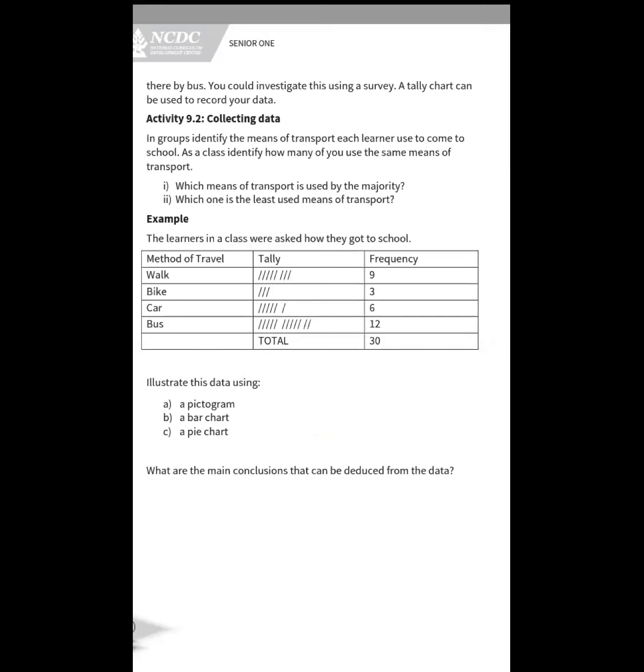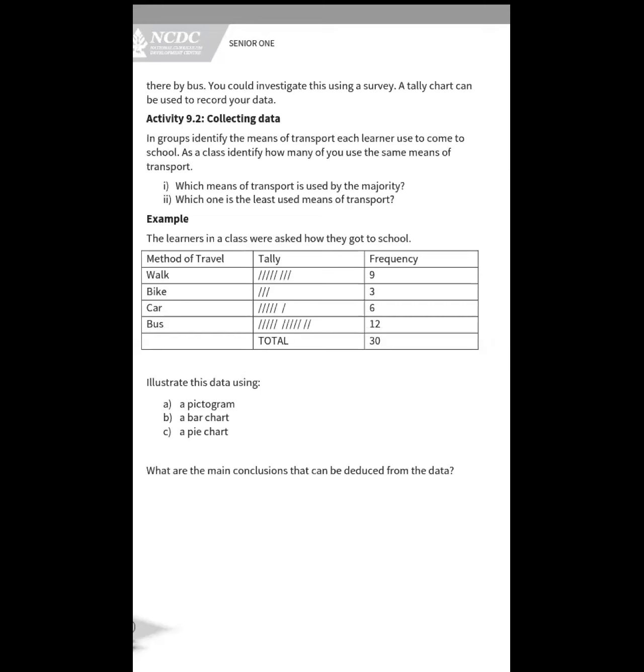Let me use my phone. Okay. What are the main conclusions that can be deduced from the data? Okay, but before we proceed, before Lukia goes to the solution,